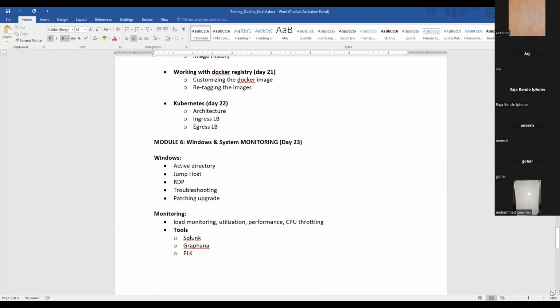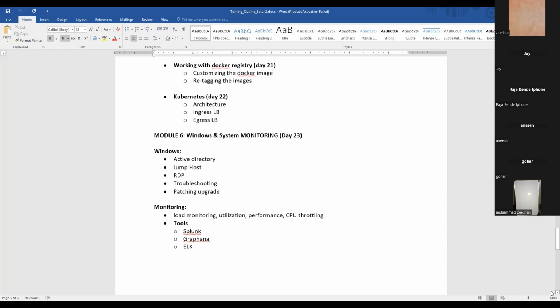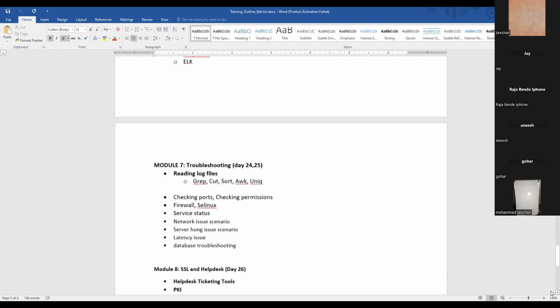Then Windows, system monitoring, day 23, Active Directory, jump host, remote desktop, troubleshooting, patching, upgrade. In monitoring, we will discuss how to monitor a system, and we will discuss some tools, Splunk, Grafana, and ELK. And then we will be doing some troubleshooting, how to